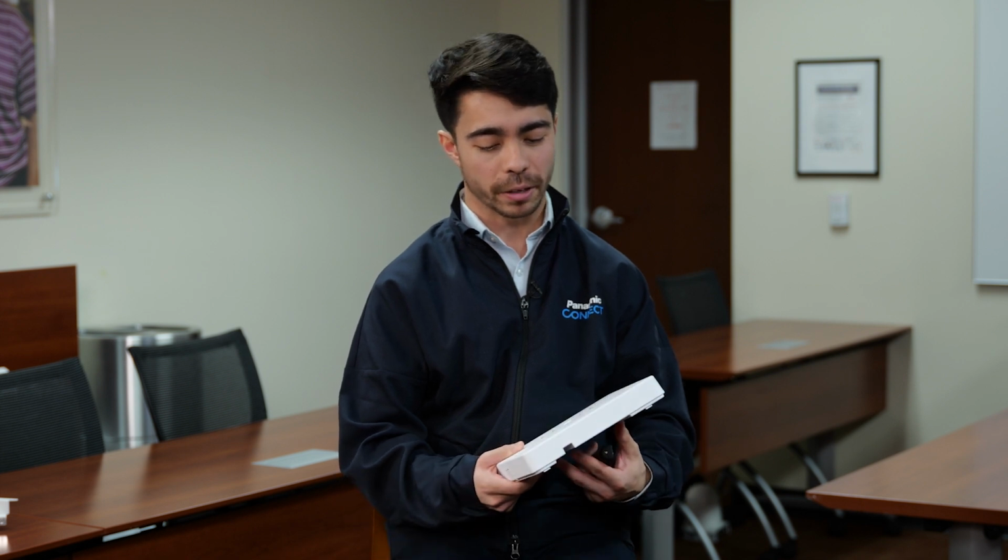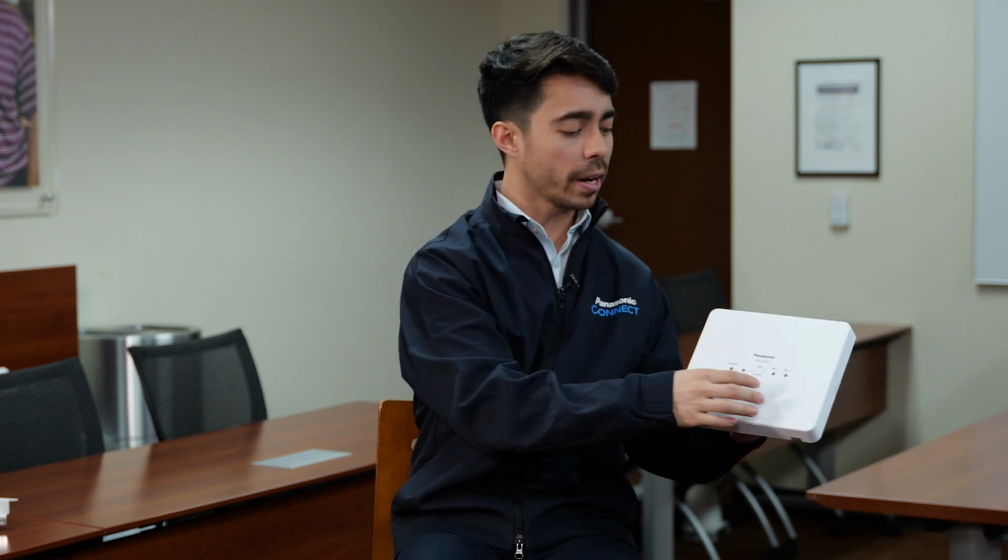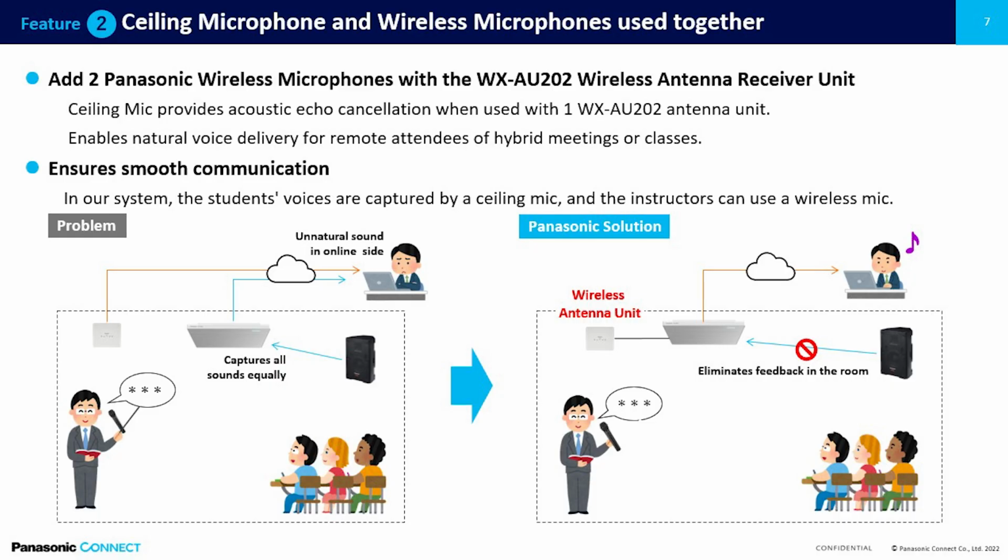Yeah, so something that you had mentioned previously about the priority areas. So this is something that is a really example to use as an optional accessory. You don't need to use it. But if you were to use the antenna receiver, say for example in that priority area, it might be sometimes very difficult to get the ceiling microphone audio to pick up from that priority area based off of how wide the space is. So what we did was we designed this in that sense where we would have to use this with the ceiling mic, but what that allows this system to do is basically give someone a dedicated audio